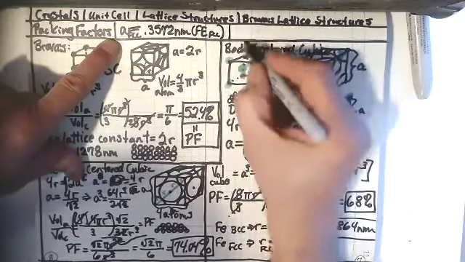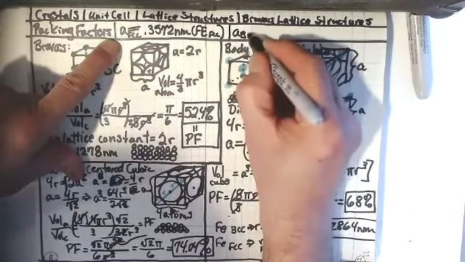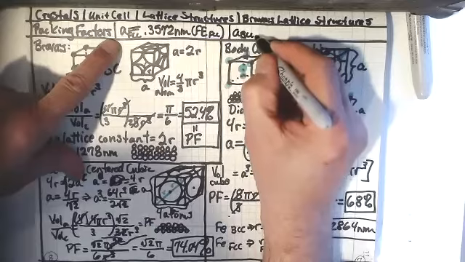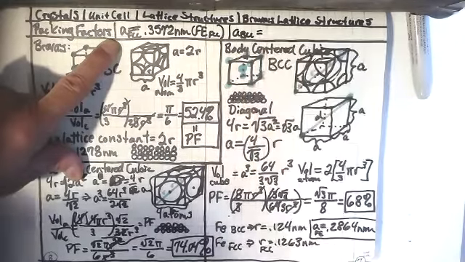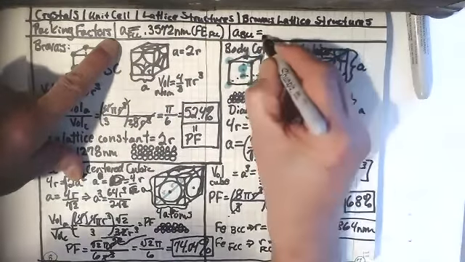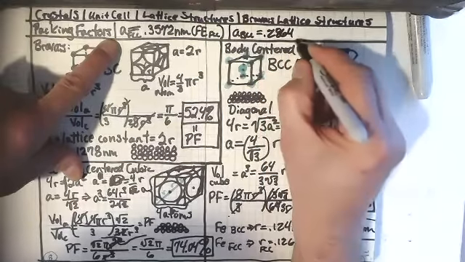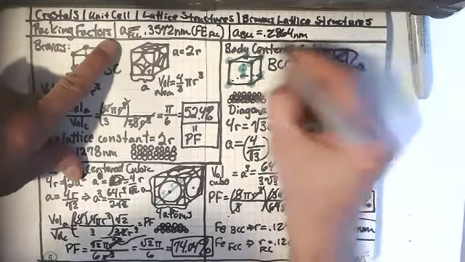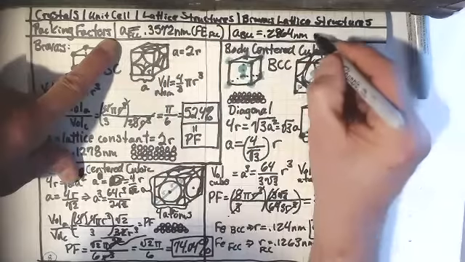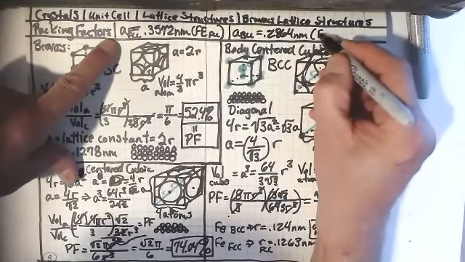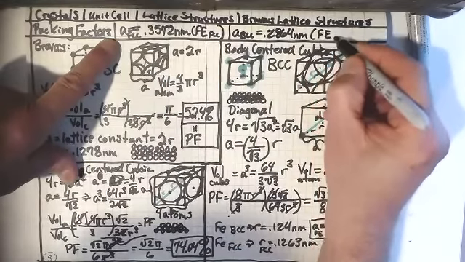And if we wanted to look at A for the BCC iron, that would be equal to, we already have it down here, 0.2864 nanometers. So don't think the lattice constants all have to be the same or something like that. That is not true. That's for iron, and that's for the